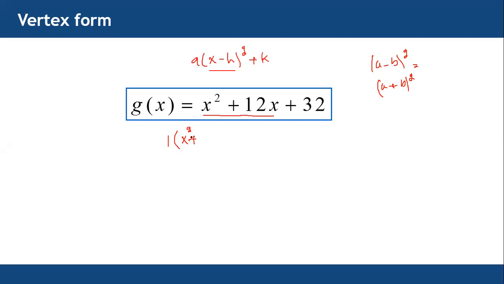So we have 2, we have 1, we have x, and then we have 6, because 2 multiplied by 6 equals 12. Plus